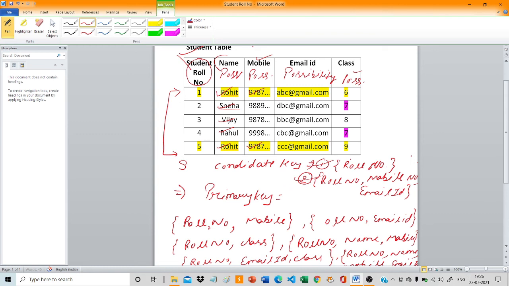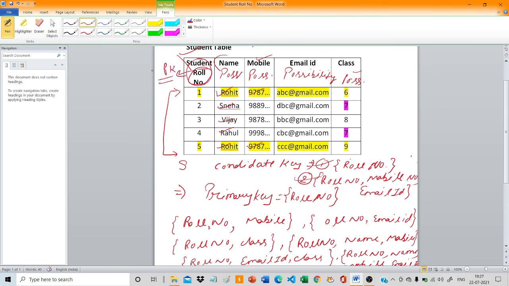Candidate key identifies the records 90%, but primary key identifies the records 100%. So only one field is there, that is roll number, from which you will be able to identify the records. So you will make roll number the primary key, PK, primary key.